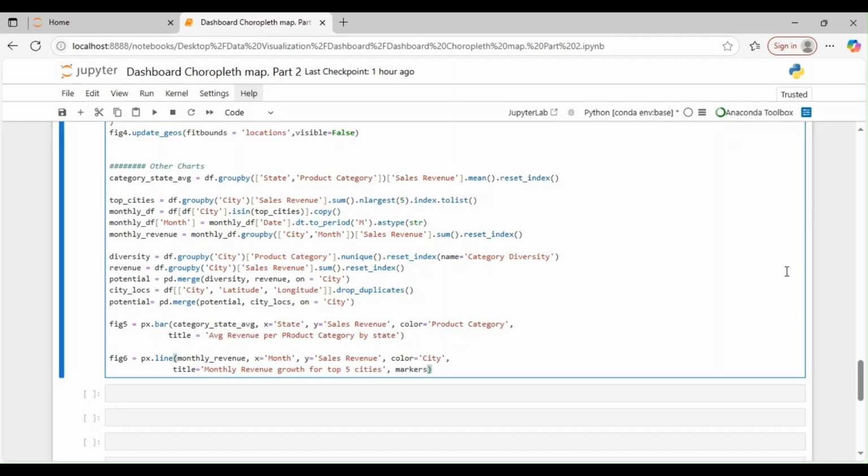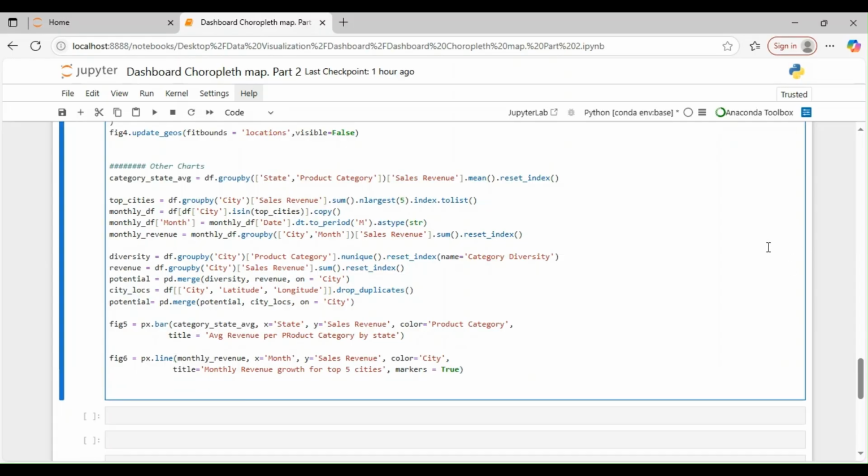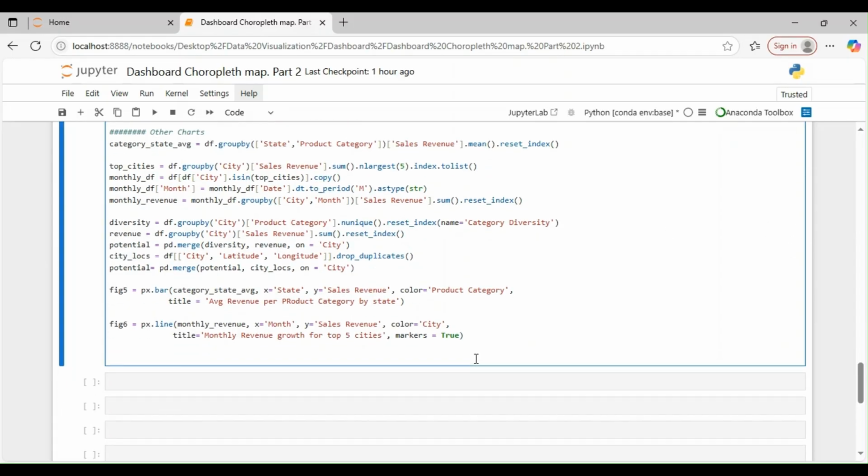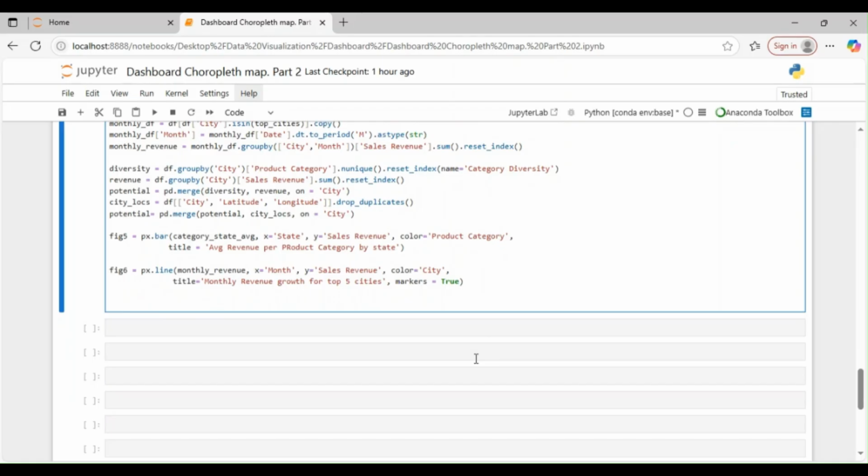And finally, the markers option set to true adds points to the line, which enhances readability by clearly showing revenue values for each month. So this line chart is particularly valuable for recognizing seasonal trends, identifying peak performance periods, and monitoring overall revenue progression